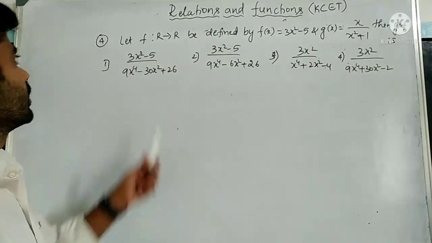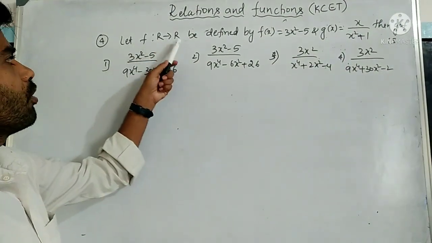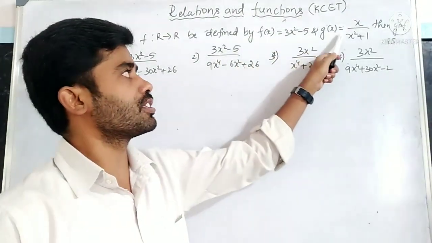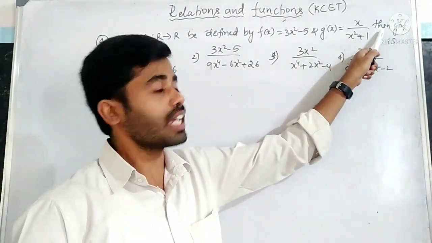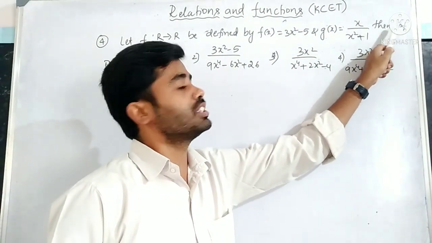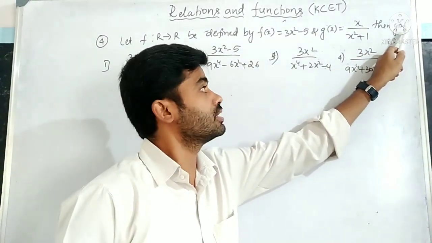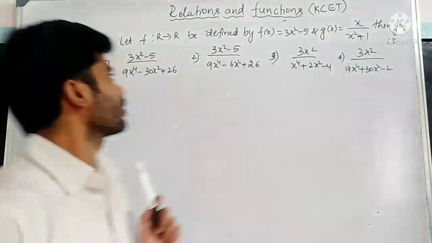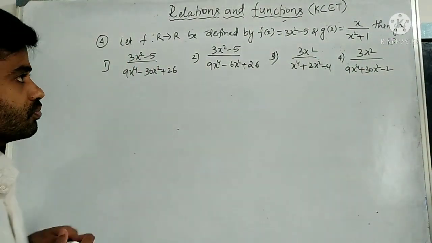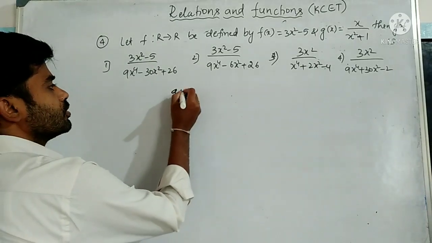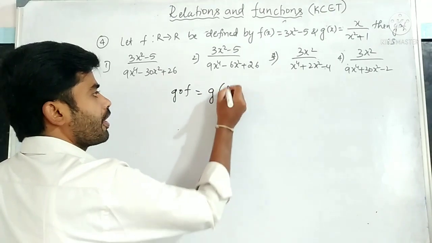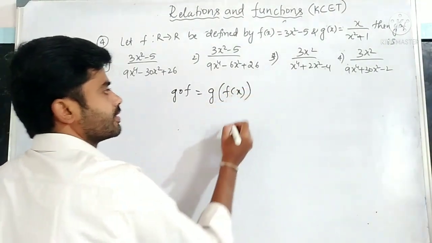Next, let f from R to R be defined by f of x is equal to 3x square minus 5 and g of x is equal to x by x square plus 1. Then f composite g is, you have to read it, f composite g is what they are asking me. Now